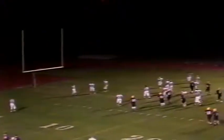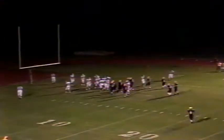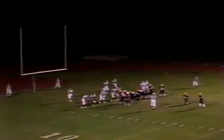Gray drops the pass, throws it over the middle, and a perfect strike to Rod Wilkes on a skinny post. Touchdown, Bulldogs. He runs the route, and the mailman, Sonny Gray, delivers. You got that right. Beautiful pass and catch. That's how you draw it up. Just a quick, skinny post, about an 8-yard route that he turns toward the middle of the field, and